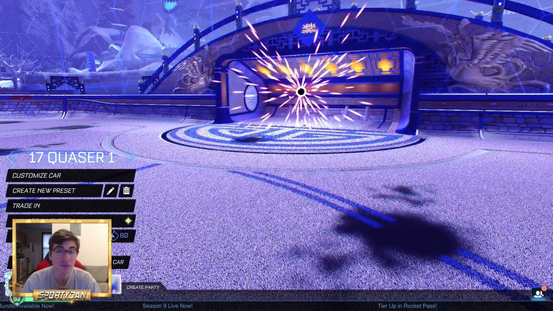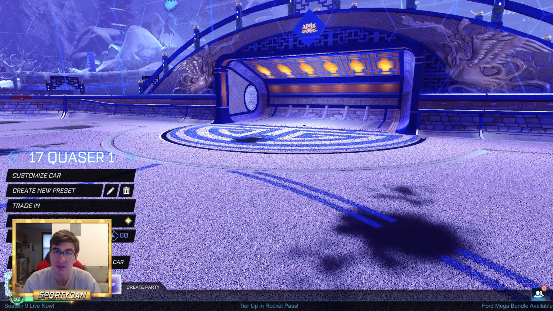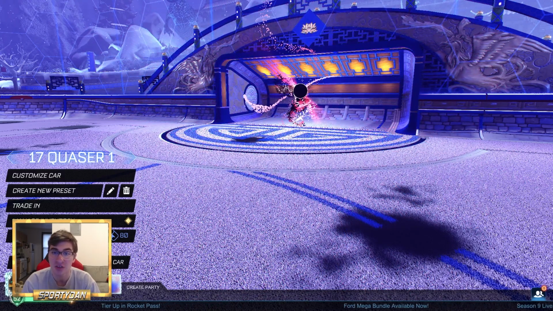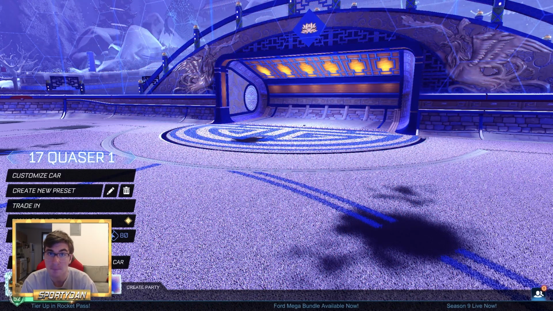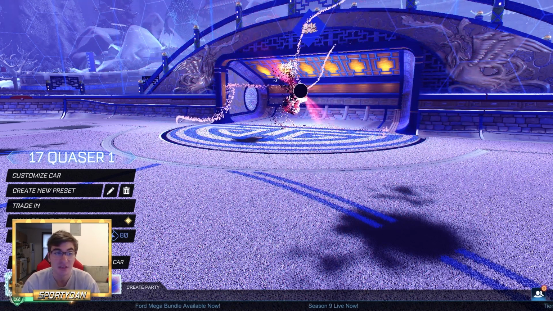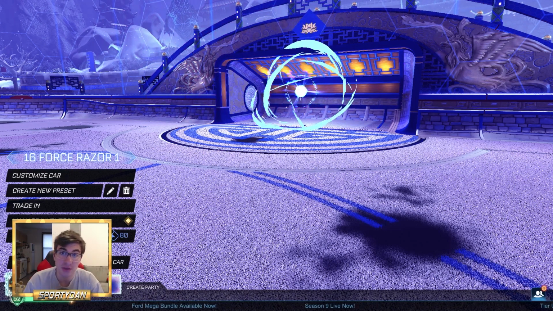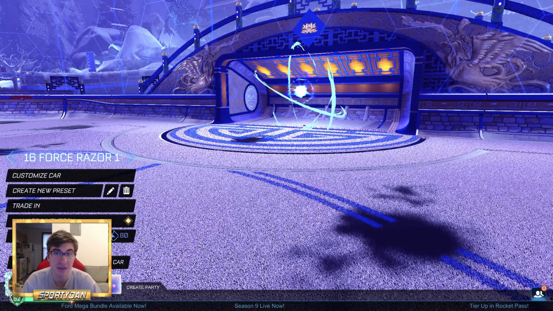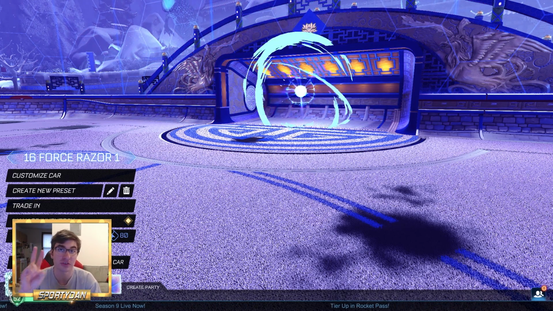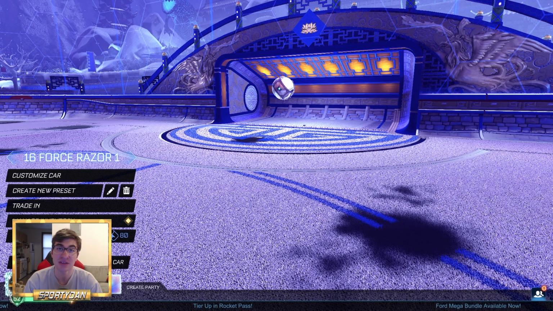Now, this reminds me a little bit of Solar Flare. I'm not sure which one came out first, but nonetheless, it is a very calm Solar Flare. So I think this one is super clean. The colors look amazing. It's pink, red, and black. I mean, that's amazing. Honestly, so at the number 17 spot, it's the QUASAR 1. All right, staying with the numbered theme, we have Force Razor 1. There's first one from this Force Razor. There's actually only 2 for this one, but it deserves the number 16 spot because it is a very nice,